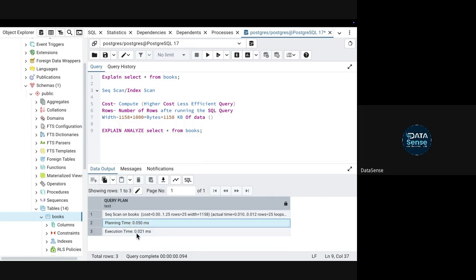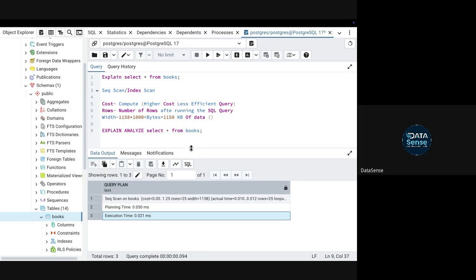Of course these two should be less for an efficient SQL query. So these are the few parameters you need to know. Eventually you don't need to just remember, just know that once you write your big codes, you can check the performance of your query by writing these two commands: explain, analyze.